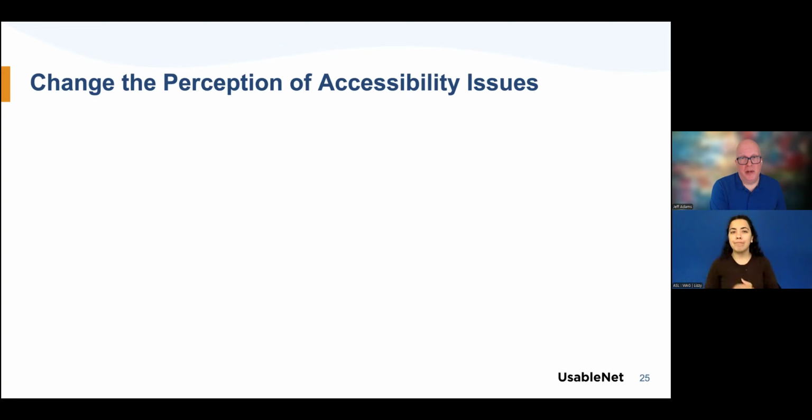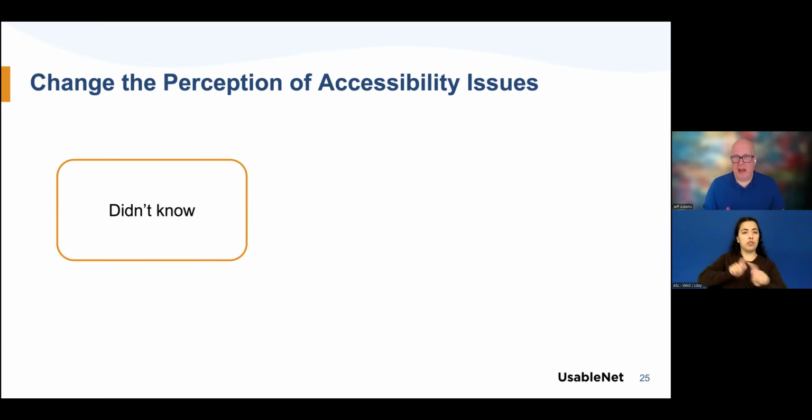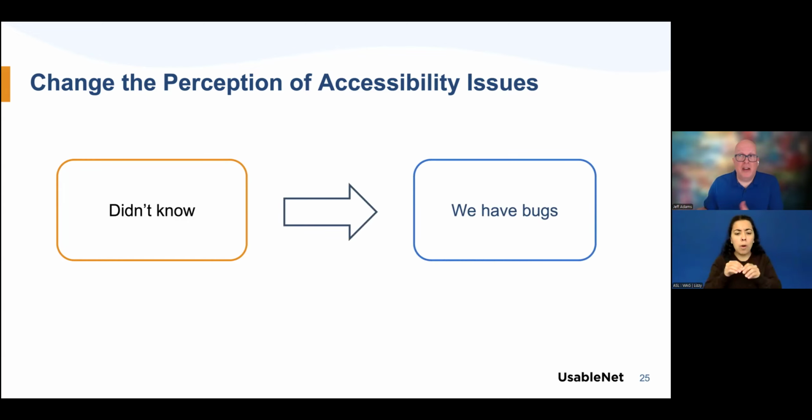And this is all about changing the perception of accessibility that you have. When you're first starting out, you likely don't know. It's one of those situations, you don't know what you don't know. You didn't know what accessibility took. You didn't know what kind of issues you were going to get. And then over time, as you go through that first audit and you really start to move things so that you're being more proactive and mature in your program, you get into a situation where you've got bugs. You know how to fix them. Sites always have bugs. We can't expect a site to be 100% never going to have an accessibility bug after we remediate something. But like everything else, bugs go into the queue, bugs we know how to fix, and we take care of them.